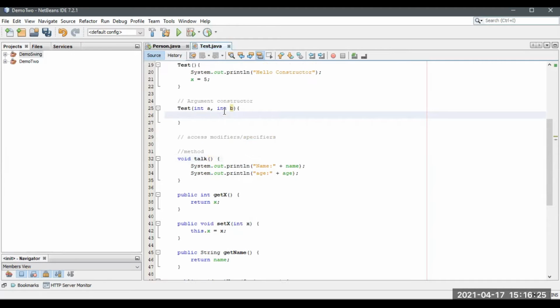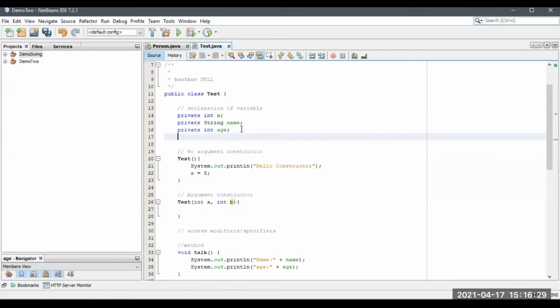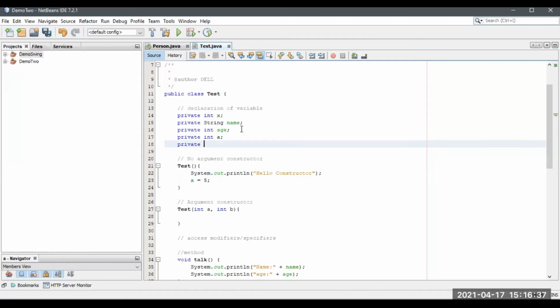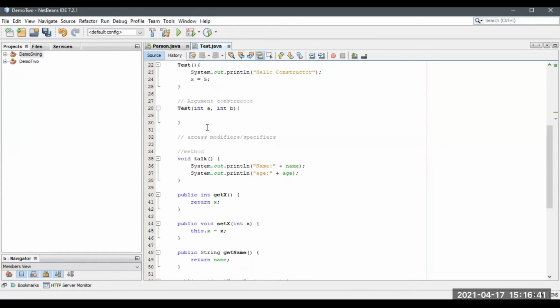Okay, inside this, let me take the access specifier private int a, and there will be another variable int b. What should I do? This dot.